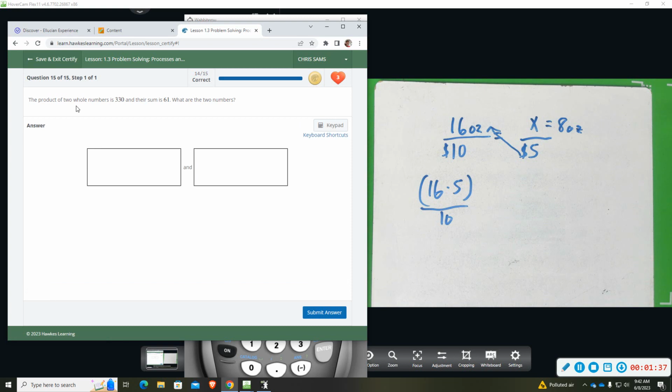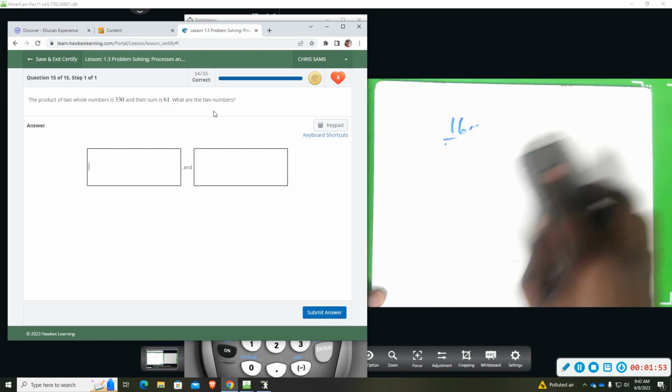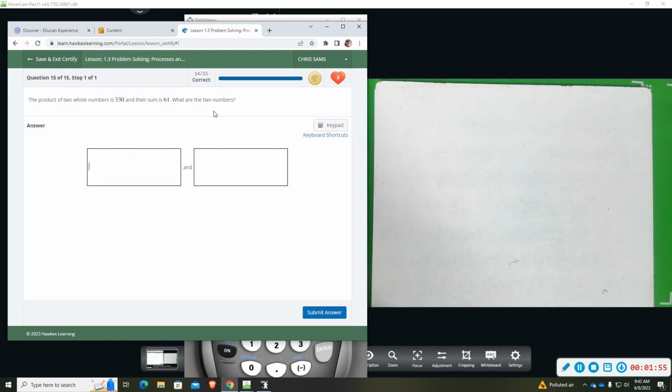And then we want to find the product of 2 whole numbers. That is 330. Their sum is 31. Okay, so this time I'm also going to do the guess and check method. I think that'll get you there a little bit faster and probably makes a little bit more sense. This time though, I'm going to kind of start in the middle and work my way out